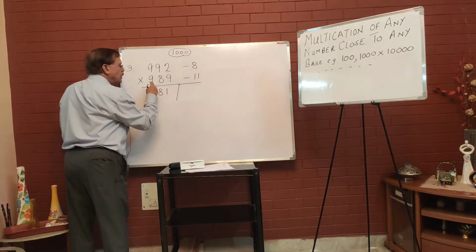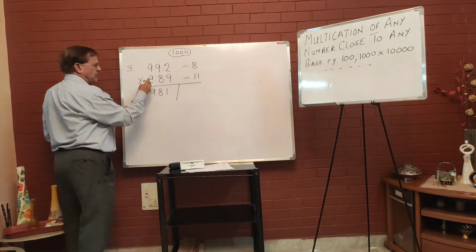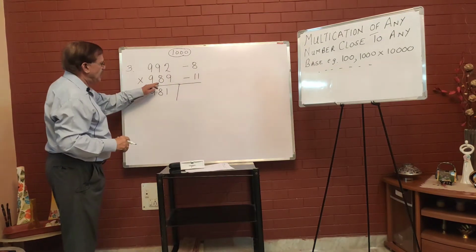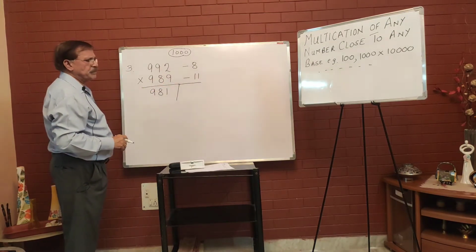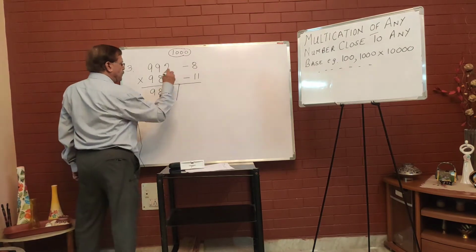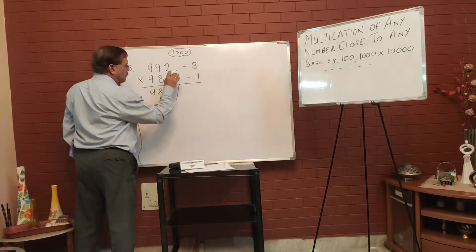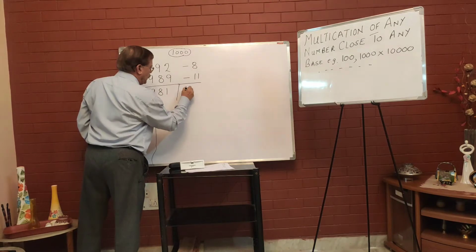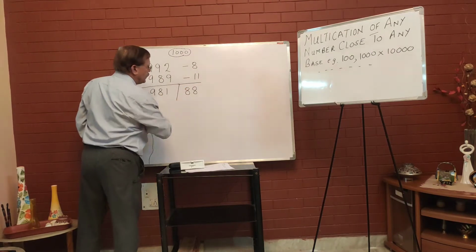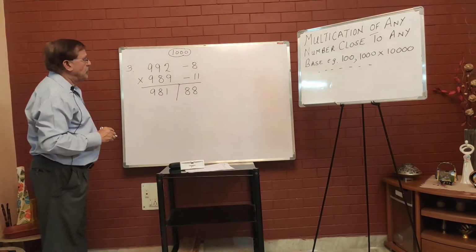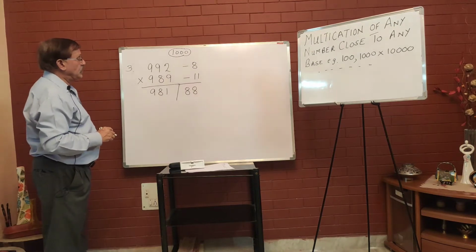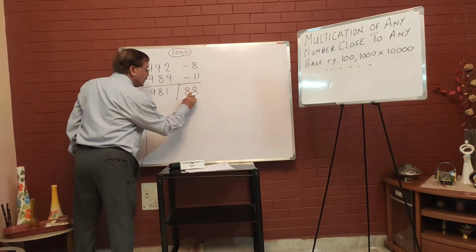981, or you can minus this. You can also get this 981. 989 minus 8 is 981. And the second part, this is the LHS. And the second part will be 88. 8 11s are 88. But if you see over here, the second part, which is the RHS, it should contain